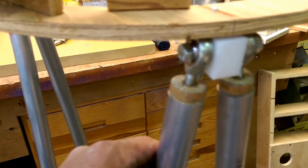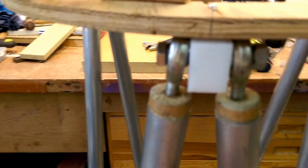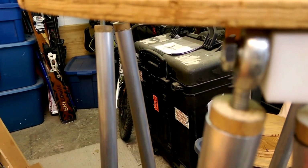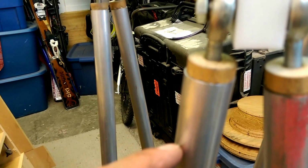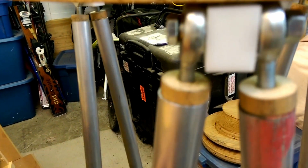These have a little bit of play in them. That's not so bad, but some of these, yeah, this one has a little bit of play in it, but that's just in rotation. This one has a lot of play, but it seems pretty solid in tension and compression. So that's just in that bearing there. I don't think that's going to be a big problem,